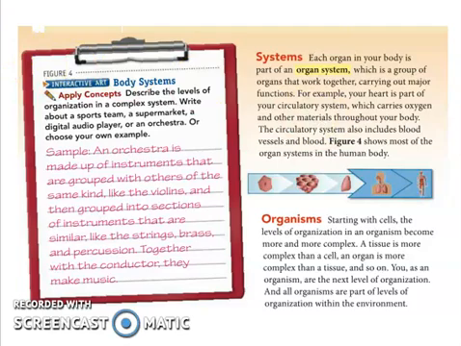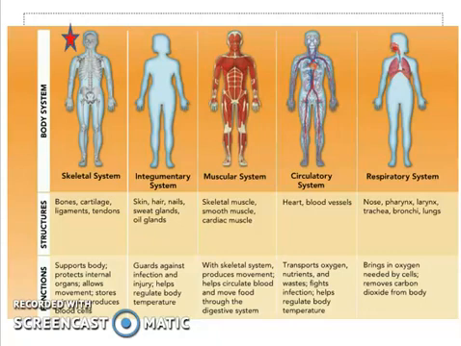If you try to look at the circulatory system in this page, okay, here, what are the major structures? Remember the word structure means the parts. When we look at the circulatory system, the major parts of our body that belong to the system are the heart and blood vessels. Okay, there are a lot more. We will discuss that one when we are in that chapter.